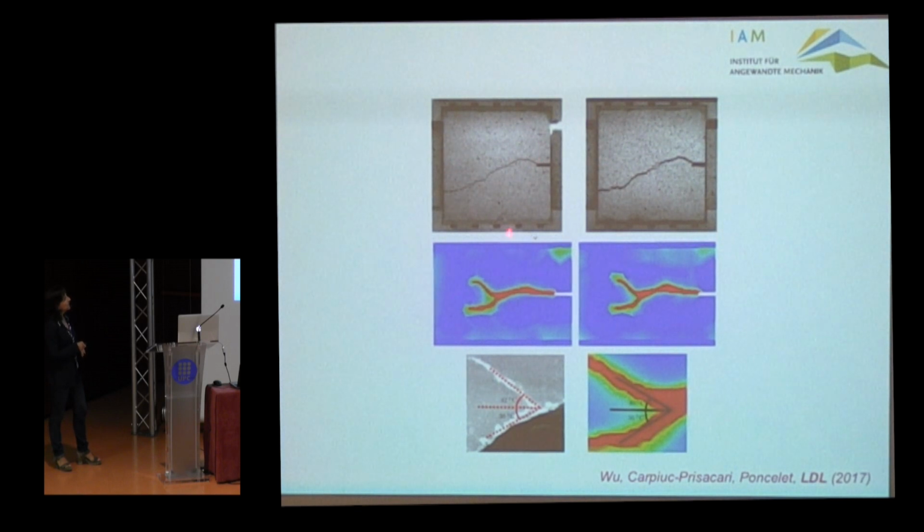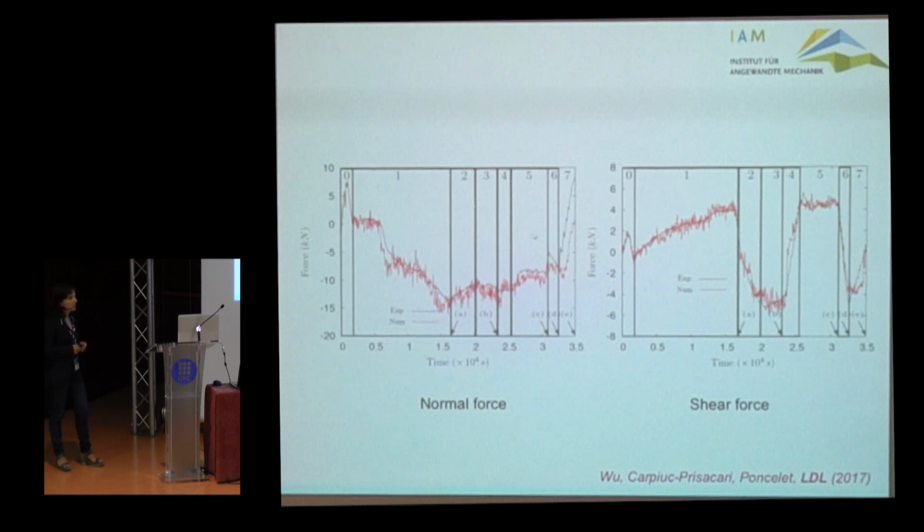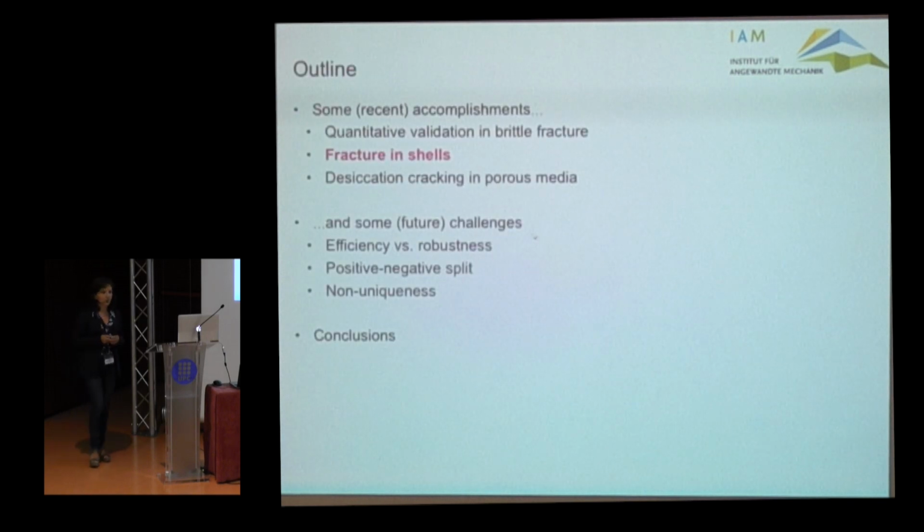Regarding the crack pattern, at the end, you have two apparently different patterns, but if you look inside the specimen with some sophisticated experimental techniques they were using, you see that the crack branching is indeed there. Only it didn't make it up to the surface, but it was indeed there. And even the angle was in very good agreement with the results. But even more importantly, this is the real quantitative comparison. If you look at the normal force and the shear force, which has a very complicated trend due to this intentionally very complex loading history, you see that the match is, to me, quite remarkable. It's a really good match. So we were very satisfied with these results, without need for any fitting.